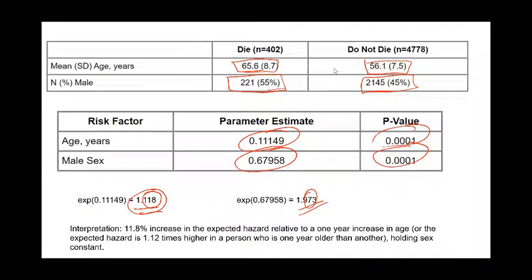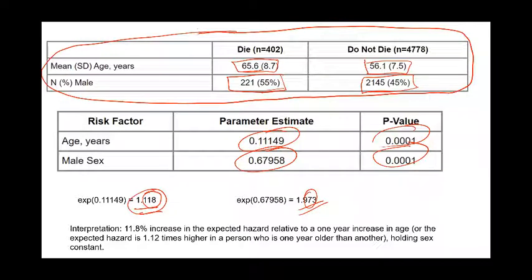Okay. So this is the normal data that we've obtained from the study, in which the males are 55% in the population who die. In the 402, there is 55% constitute male, and who do not die, it is 45% of males. So this is much higher than the average 46% were male in the entire study. And similarly, the average age was 56. However, in the population which dies, the age was 65.6. So just looking at this, we know that age is something which is positively associated with death. And again, male sex is also associated.